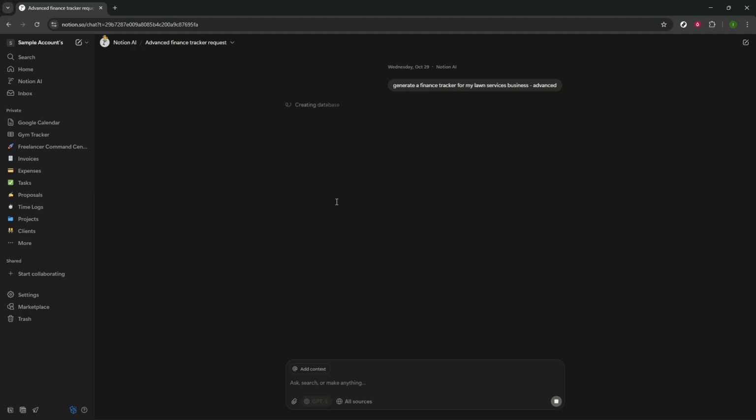What makes Notion truly adaptable is its flexibility. You can easily customize this finance tracker to suit your business requirements. Dive into the template and edit any values, adjust the properties, or eliminate any sections that don't serve your needs. Tailoring these elements will ensure the tool works exactly how you want it to, making it an invaluable asset for